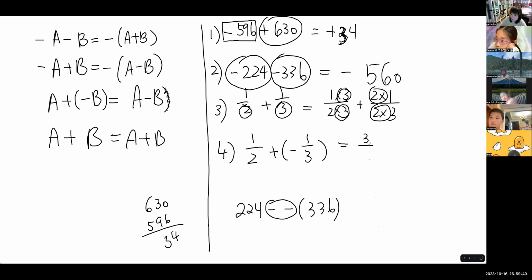So equal 3 over 6 plus 2 over 6 equals 5 over 6. Get it? Okay, so the next one is the same thing. It's 3 over 6 minus 2 over 6 equals 1 over 6. Okay, Alexander 只有一道题做错了，非常好。